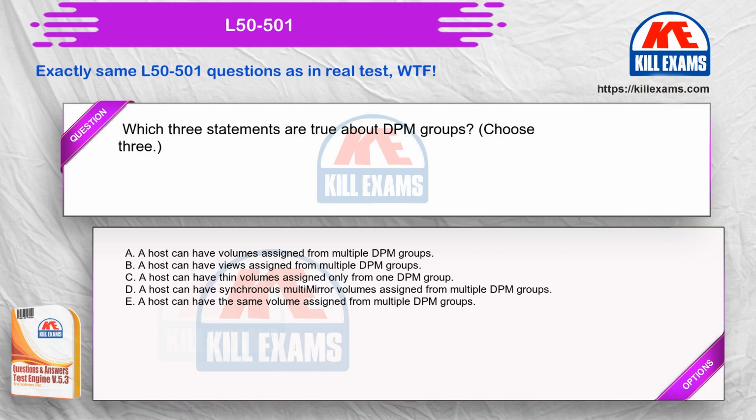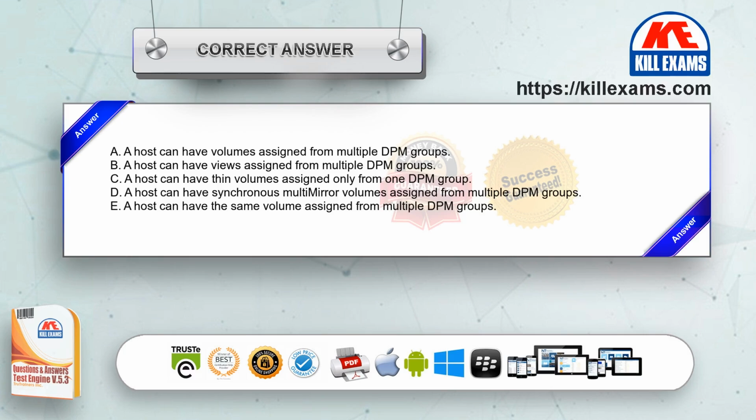Which three statements are true about DIMM groups? Choose 3. Option A. A host can have volumes assigned from multiple DIMM groups. Option B. A host can have views assigned from multiple DIMM groups. Option C. A host can have thin volumes assigned only from one DIMM group. Option D. A host can have synchronous multi-mirror volumes assigned from multiple DIMM groups. Option E. A host can have the same volume assigned from multiple DIMM groups. The correct answer is option A, B, D,